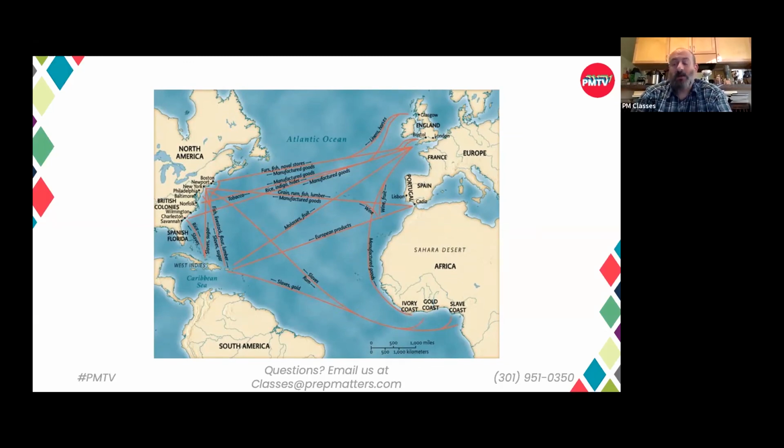Migration and settlement, including the forced migration of Africans. America's connections with the broader world through the transatlantic slave trade and the triangular trade. Geography and the environment and work in economics. Thinking about the key crops of the colonial period, like tobacco, sugar, rice, and eventually cotton, late colonial, early republic era. And thinking about the labor force that is necessary to work in the fields, in the agricultural regions, or in the shops of the cities.